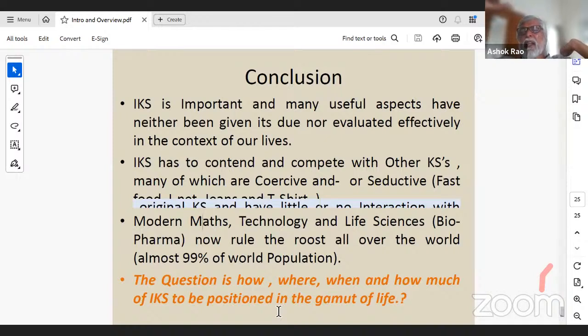Equity means everybody has sufficient opportunities to live well. Not one person. For example, that stupid Ambani, even the wedding engagement, they have spent some, I don't know what, 400 or 500 crores. How vulgar and how cruel it is. They may have money, but whose money it is? All our money. In a very clever process, they have accumulated that to themselves. So these are the problems of sustainability in society.